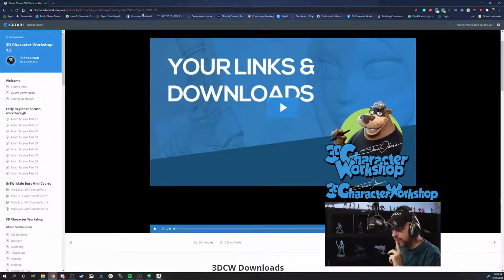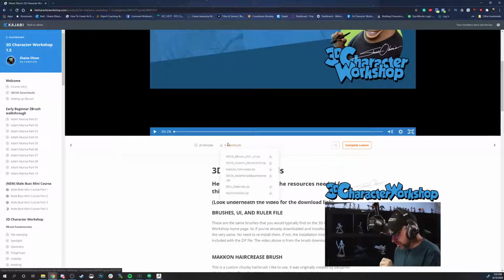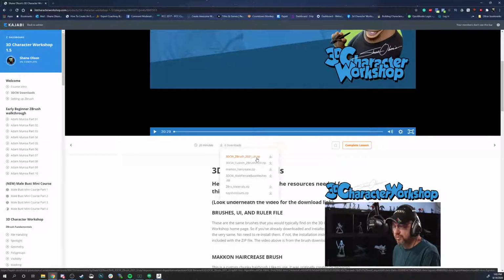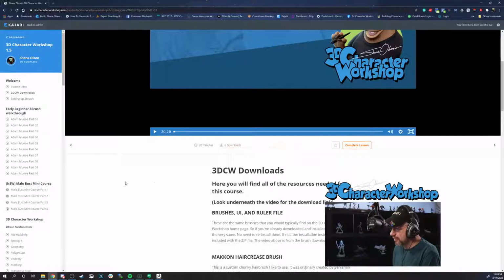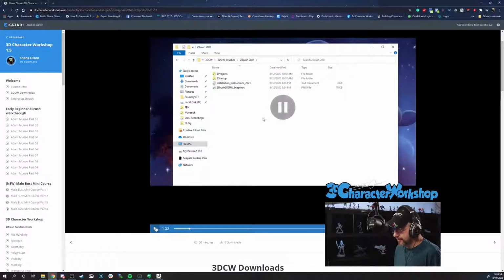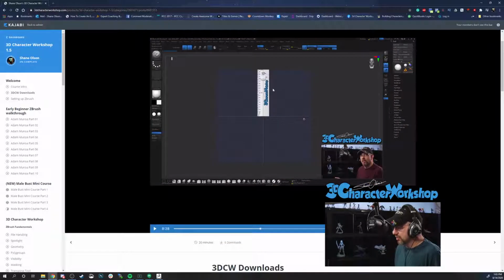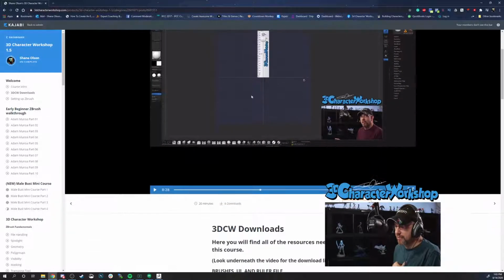Is this the wrong one? I can't remember. I just did it this morning. I hope I saved it. There it is right there: 3D Character Workshop 2021. This is the UI. So go to this page and grab it and install it. I haven't done much to it, but I will show you what I have done. It looks like an older video, but this is a new video